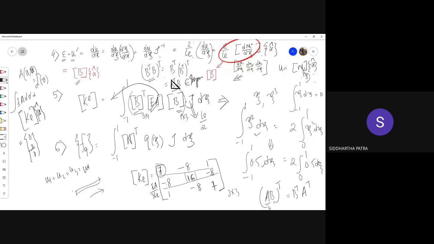Why must each row have a sum of 0? Again, if there is rigid body motion, then there should be no forces on any node because the bar is not being compressed. So no strain would be developed, no strain energy would be developed. Which means all the entries in this product, which essentially shows the internal force within the bar, K times u hat, should each be 0 if u1 equals u2 equals u3. The only way that is possible is if the sum of each row is equal to 0.